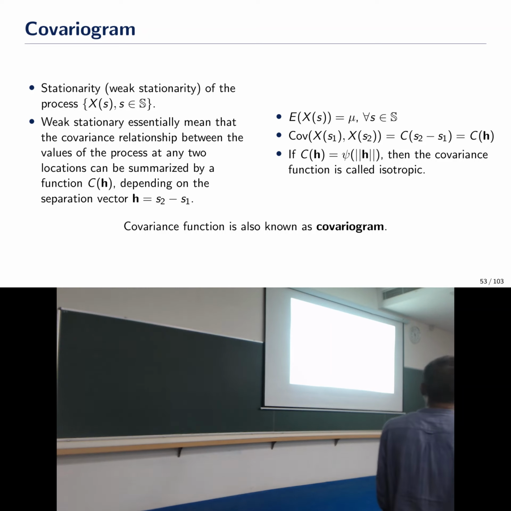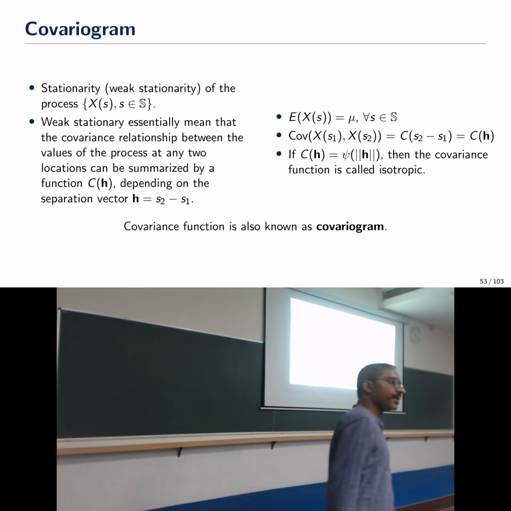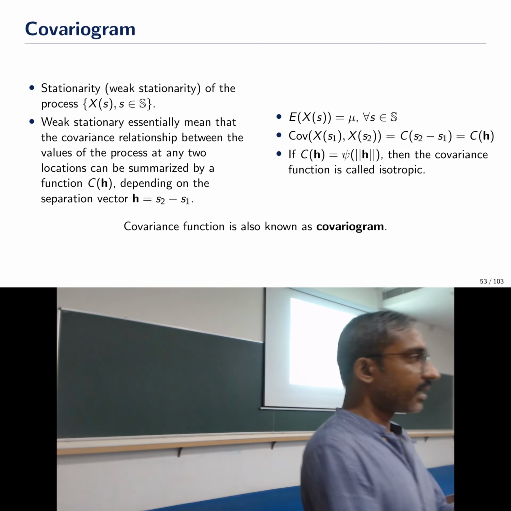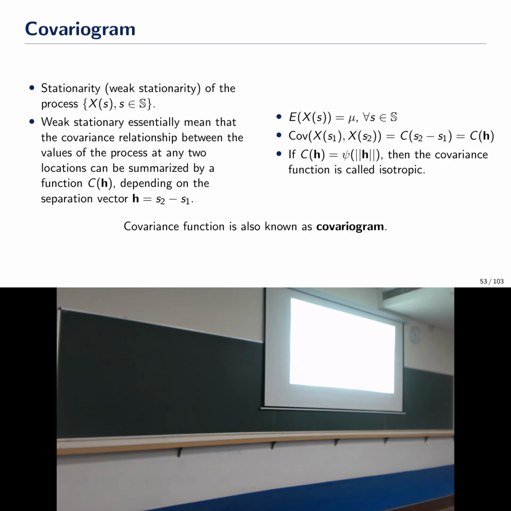The next one, that's the crucial one. It says that if I take the covariance between xsi and xsj, then it will be a function of the difference between si and sj. Okay, that means what? That means if my si minus sj is the same as sk minus sn, then this will remain the same. The locality is not taken care of, this will not hold because